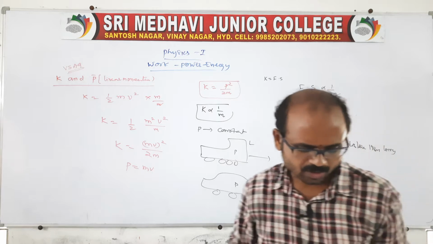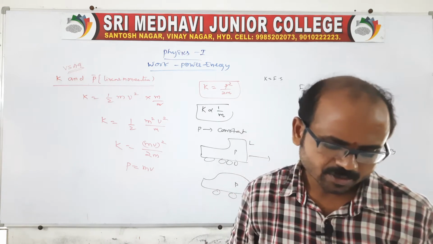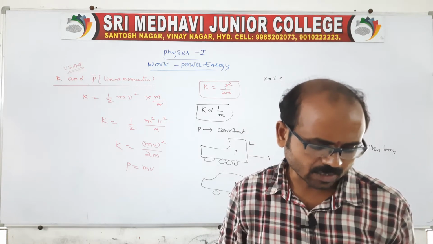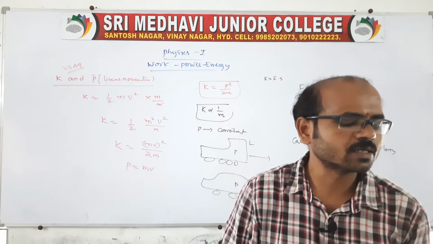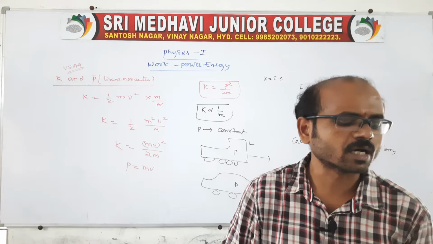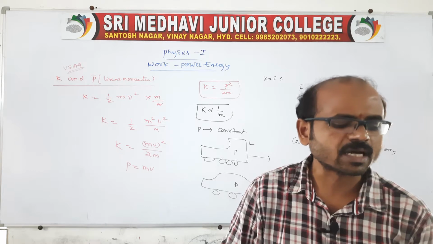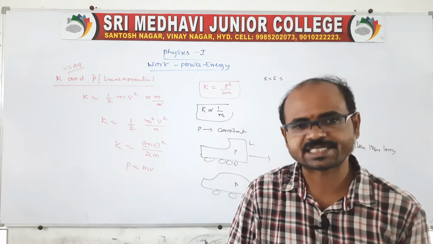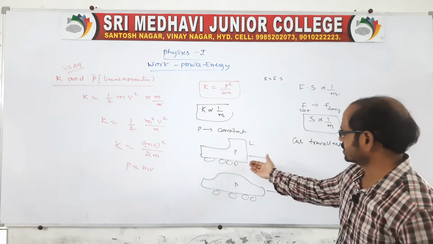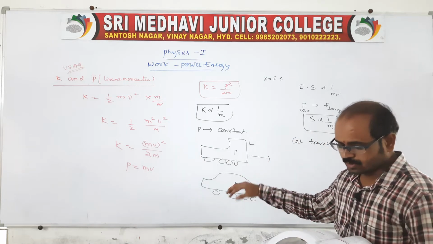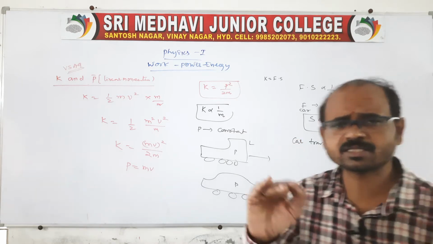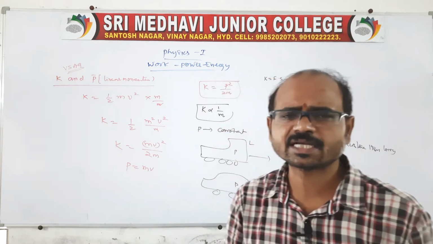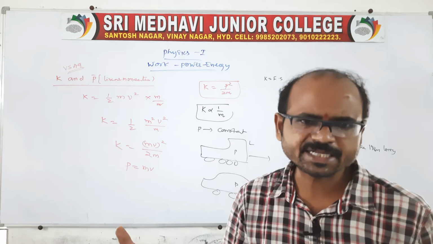Therefore, according to the second law, the lorry travels a less distance before coming to rest. The lorry comes to rest in less distance than the car, but both will come to rest in the same time, because they are applied the same force, no? According to Newton's second law, F is equal to dp by dt.